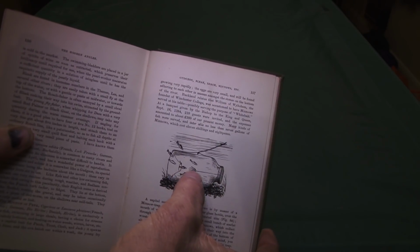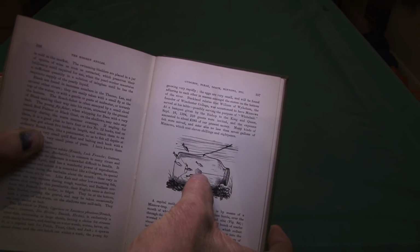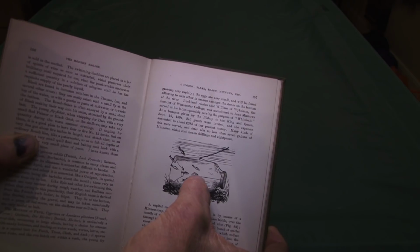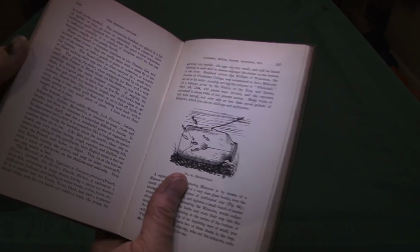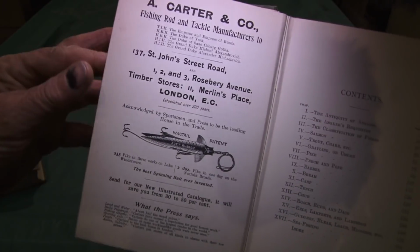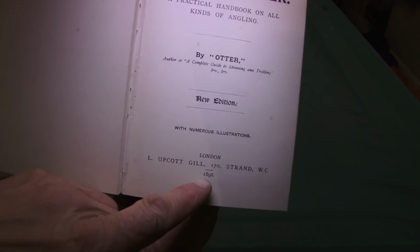You put your bait inside, and it's got another additional sort of bait in the current there, which is like a teaser or a lure or something. Maybe it's a load of worms in there, threaded. I think that one might be even older, and it's a load of worms that's threaded in there, if you can see that. And the fish enter through there, and look at some of these old lures there. I mean, I just love looking at them. And even better,